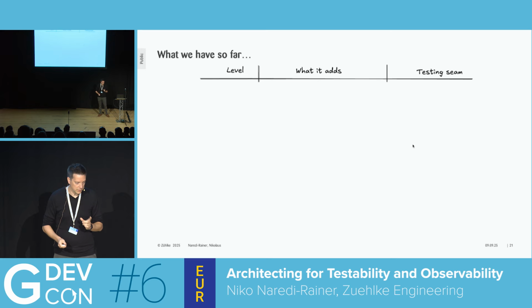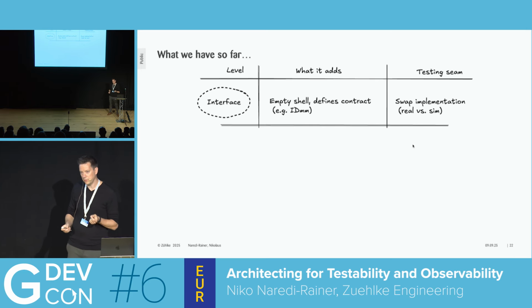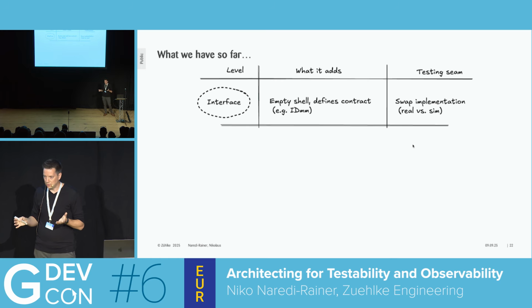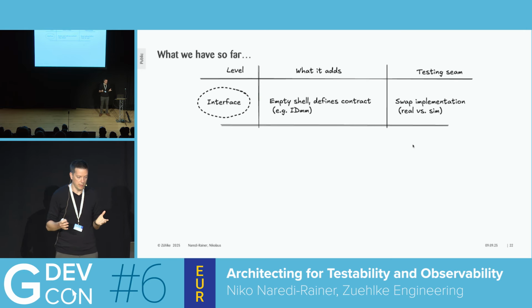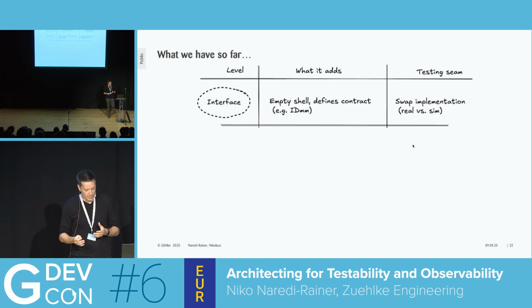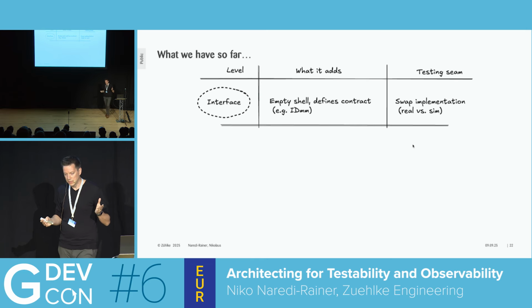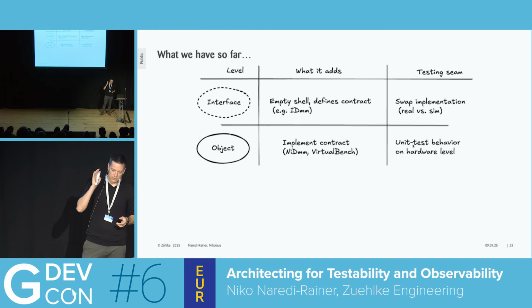What do we have so far in terms of our architecture? Let's summarize a bit. So at the very bottom of the architecture, or the top of this list, depending on how you see it, we have the interface, which is just a contract and an empty shell. So there's no real logic behind that. Think of, or remember, the interface of DMM with just the connector pane. And why should I start here? I should start here, in my opinion, because it just defines behavior, and it lets us later swap out implementation without too much hassle. The next layer is objects,